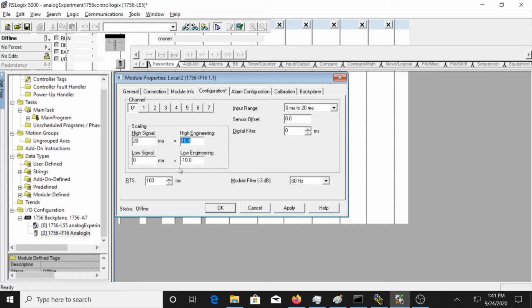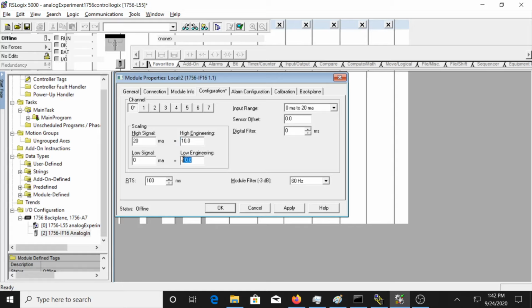And so we can actually do our scaling right here in this ControlLogix configuration. So you notice there's an offset here. That would be your intercept for your scaling. And then your high and low would be also reflected in your scaling